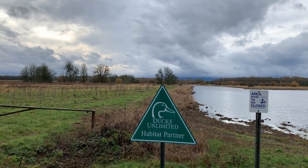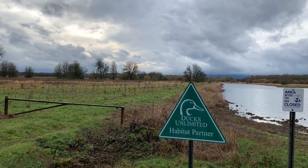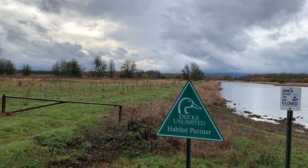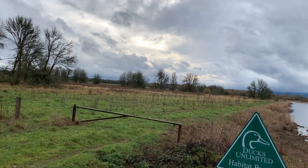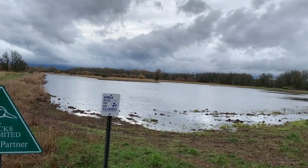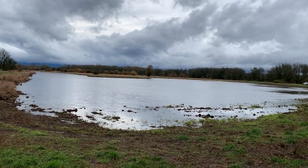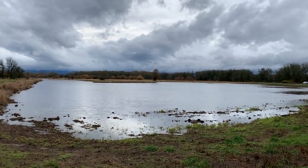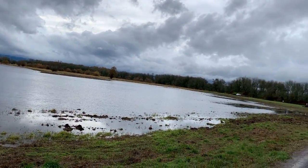Ducks Unlimited partners with the Wildlife Refuge here to improve the habitat for ducks. See the sign, and then the habitat that they're working with is right out here. Right out here. Along this stretch,